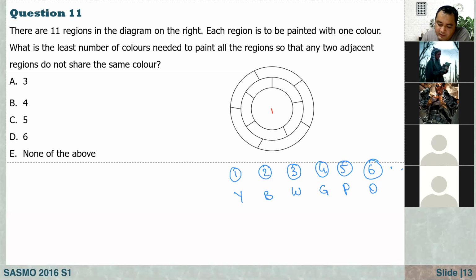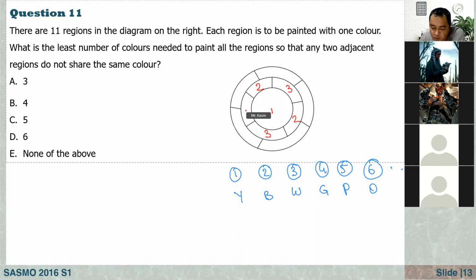After that, the upper one. I cannot use 1 here. I should use something different. Let's say this is number 2. Now to the right, I need to use 3 here. So 1, 2, 3 are already used. Now after 3, as you see here, it borders 1 and 3, but not 2. So I can use 2 here, right? It doesn't share any border with the region 2. Now how about here? I can write 3 here.